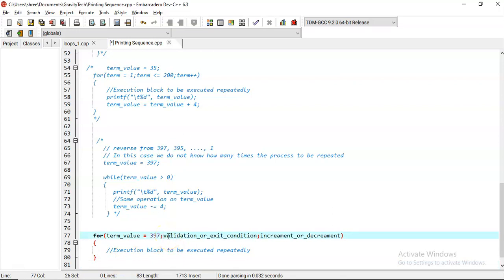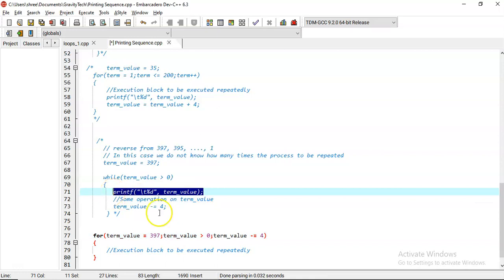Now, what will be the validation condition? So term value until it is greater than 0. जब तक वो 0 से बड़ा है तब तक ये चलता रहेगा. Then what exactly we need to do? Term value minus is equal to 4. We need to minus term value by 4. This is also equivalent to term value is equal to term value minus 4. And what exactly we need to do? We just need to print